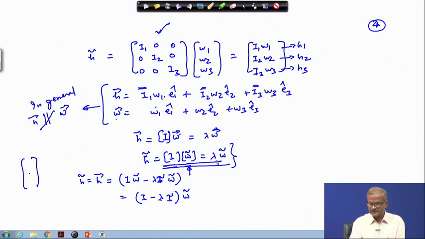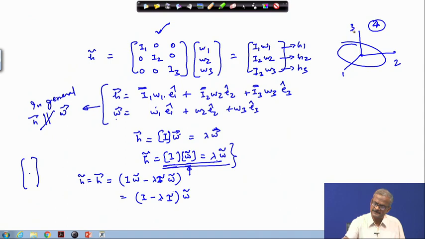So, if the rotation happens along a particular principal axis, only then this situation will be satisfied, as we have discussed earlier. Or let us say that this is my first axis, second axis and third axis, and this is the first principal axis, second principal axis, and this is the third principal axis. So, this kind of notation we can have only in the case where the rotation itself is along one of the principal axes, otherwise we cannot get this.